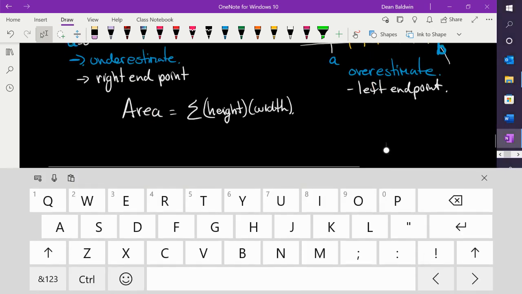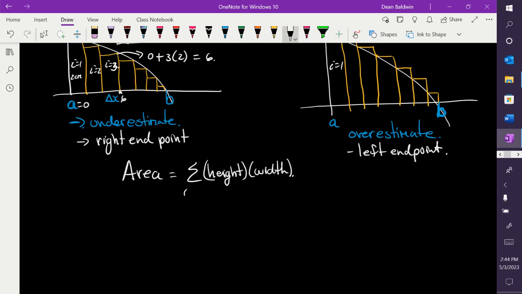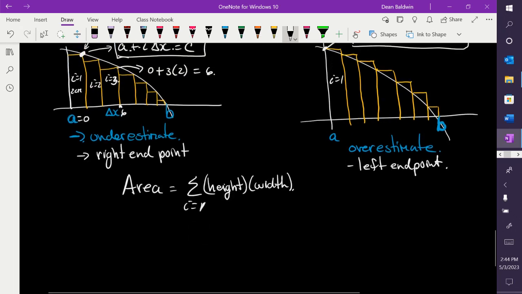Okay, so now we go back to our formula. Area is equal to the sum of the height times the width, the sum of all the rectangle widths. Starting with i equals 1, because that's our first rectangle, to n, whatever number of rectangles we're going to add. The height of each rectangle is dependent upon whether you're doing this one or this one, and it's going to be